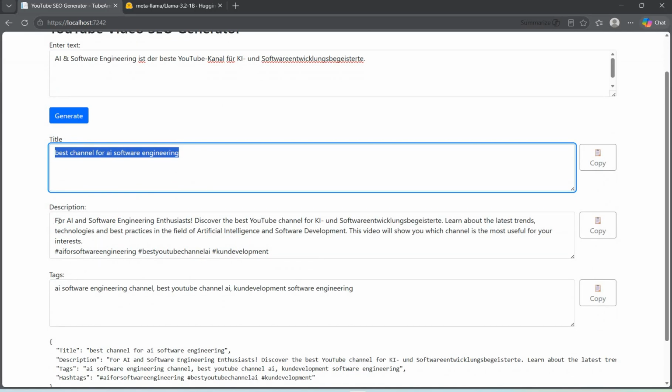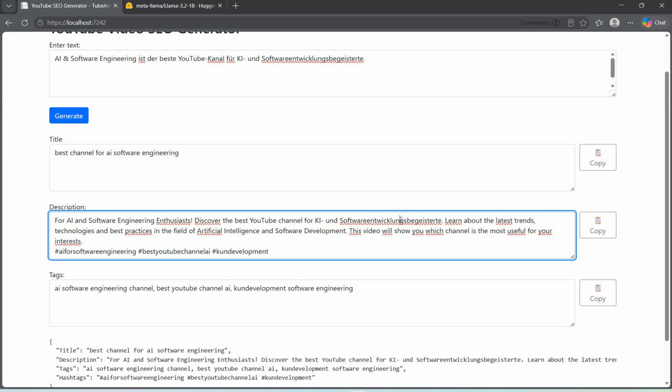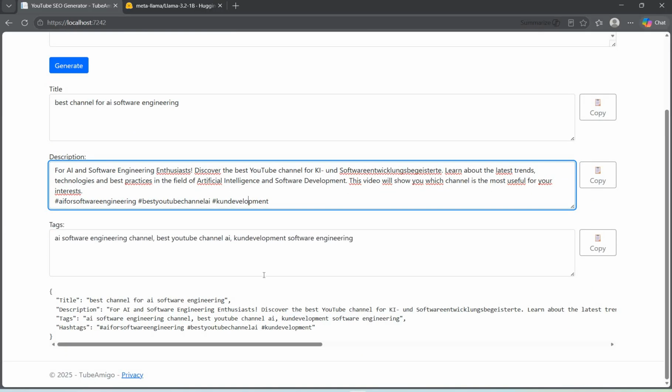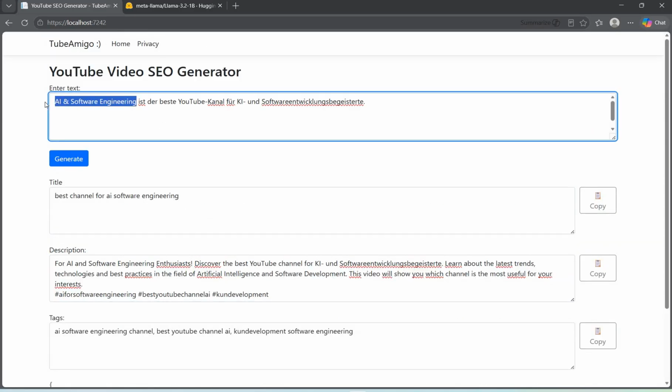Here there is some mix of English and German. So this is a German word. This is English. Here is a bit of German. Here is something else. So it's a mix of German and English. So it doesn't work so well. If I remove that English word from the beginning, it should be much better.